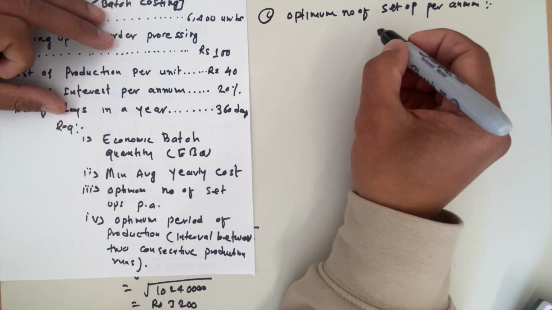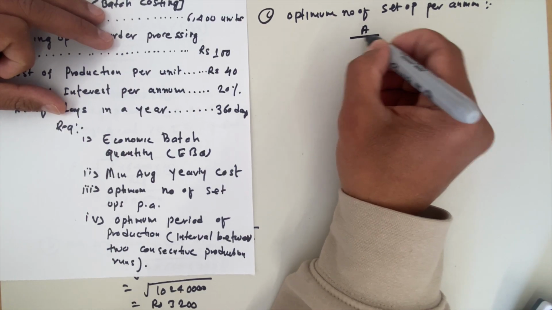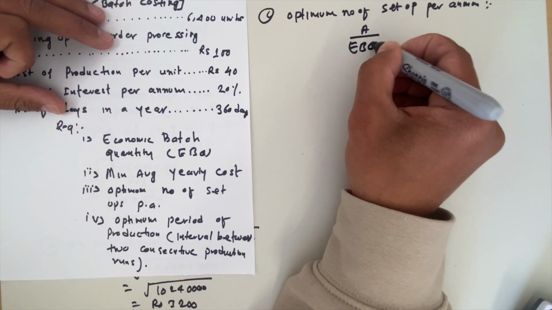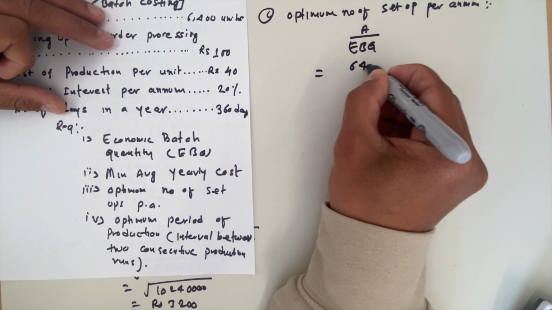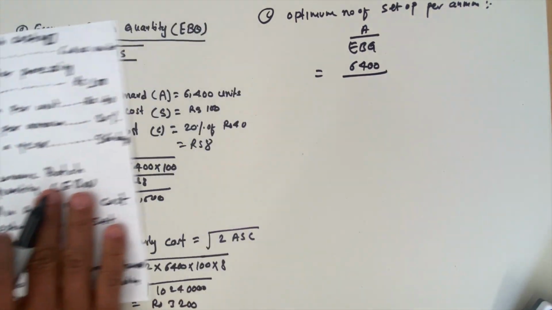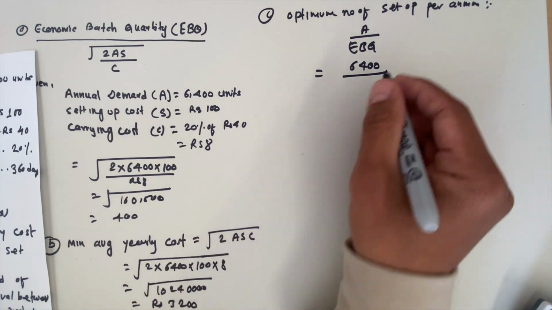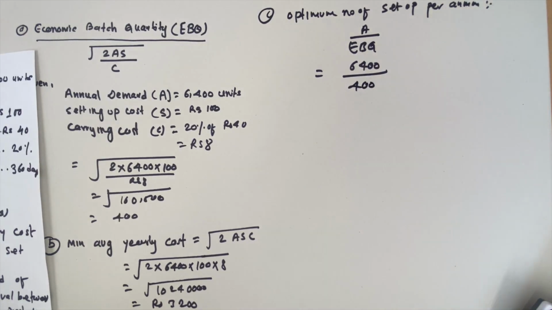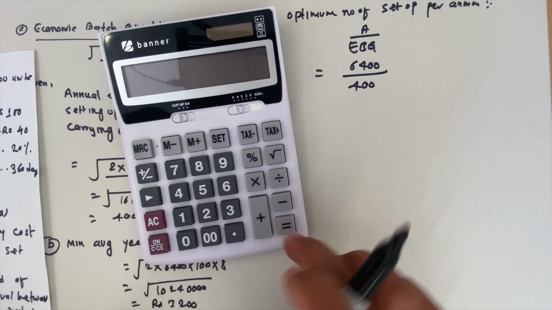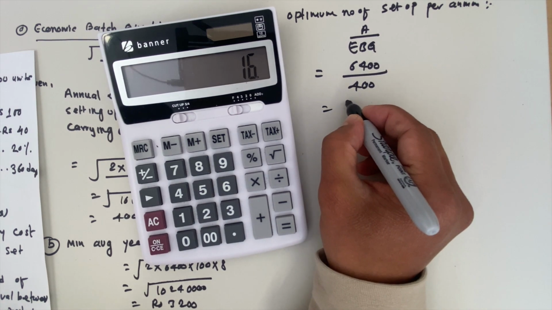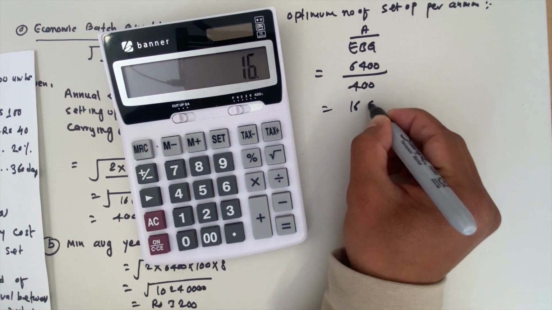The formula is A divided by EBQ. We know that A is 6,400 and EBQ we just calculated earlier is 400. So simply 6,400 divided by 400, we get the value as 16 setups